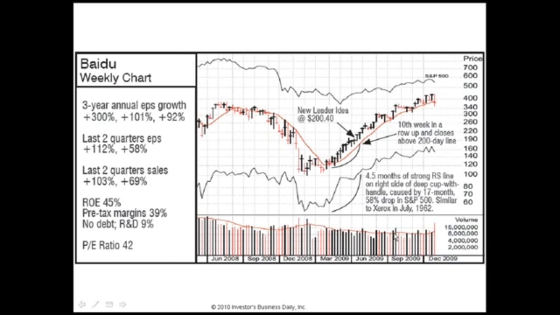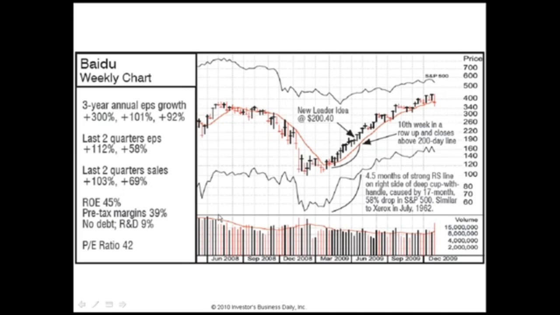So what I'm trying to show you is we're going through week by week. You can look at the handle area. You can see if it's being supported, and under accumulation, you had the first 3 or 4 weeks that were pretty tight, and the last 2 showed that it was being supported as soon as it bounced off the line, the 10-week moving average line, the red line, for the second time. Moves up, and it bounces off the line again. And huge numbers, 45% return on equity, 39% pre-tax, all these numbers. That's why it's acting that way.